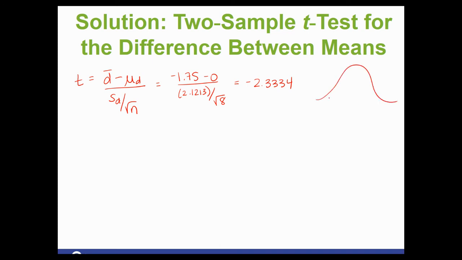This is the number that we're comparing to our sketch. So I'm going to just copy our sketch over here just for quick reference. If you're comparing your test statistic to your critical value, we are in that shaded area somewhere. So because of that, we are going to reject. So at 10% level of significance,